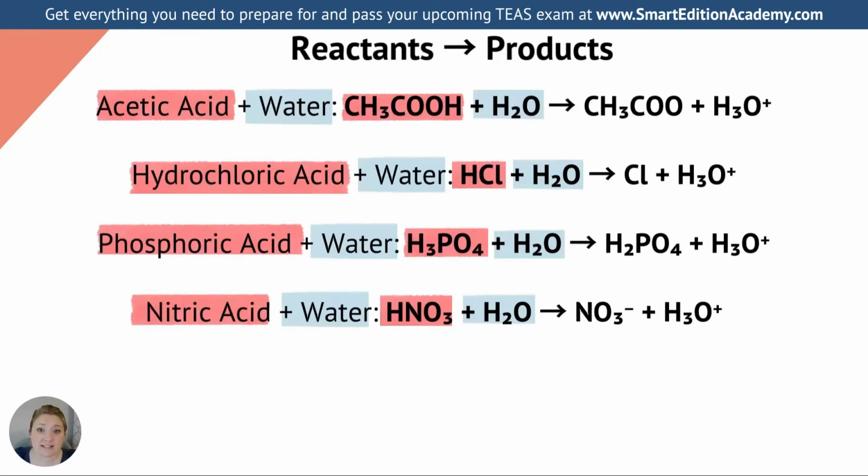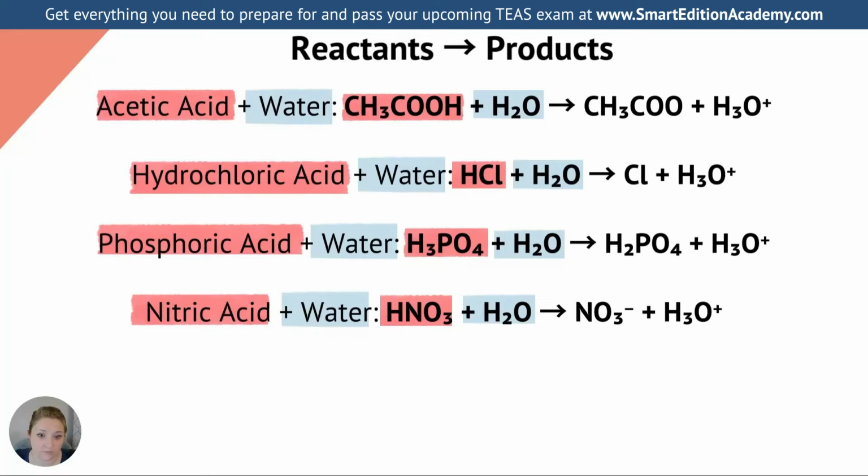Here's some great examples that you can visualize how that happens. So acetic acid in water, CH3COOH plus H2O. That CH3COOH is going to drop that last H, and that hydrogen is going to combine with H2O to form